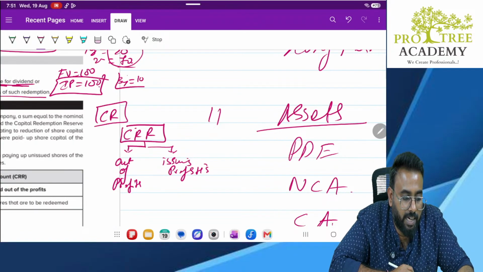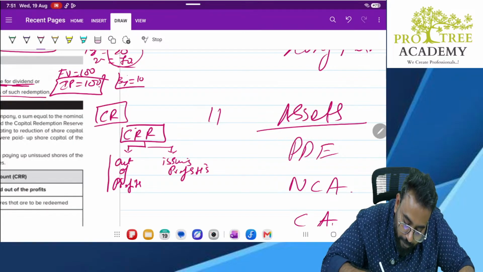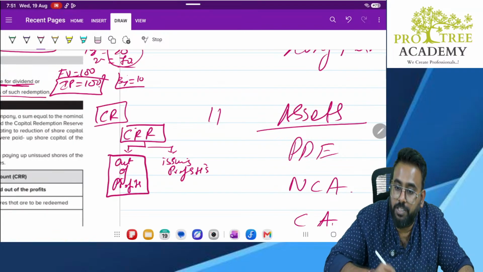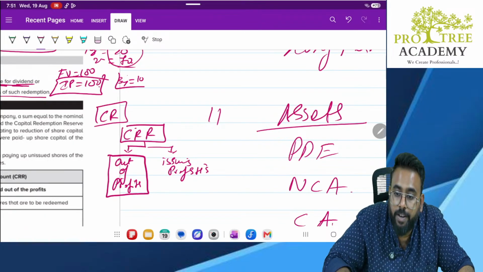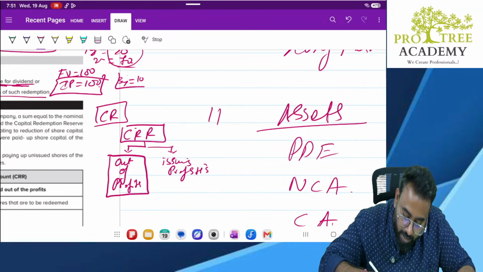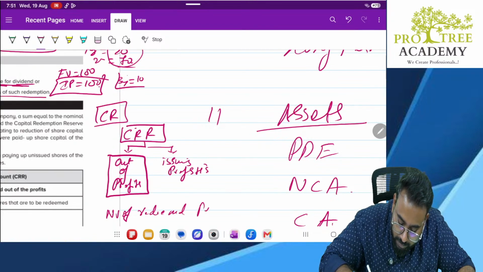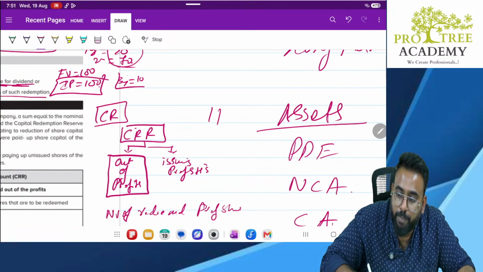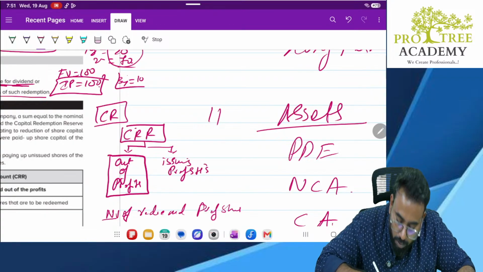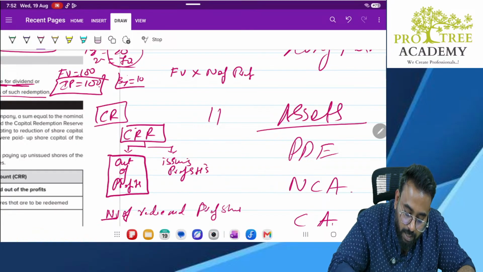So what your CRR says is, whenever you redeem the preference shares out of profit, then whatever is the nominal value, that is, face value into number of preference shares redeemed,